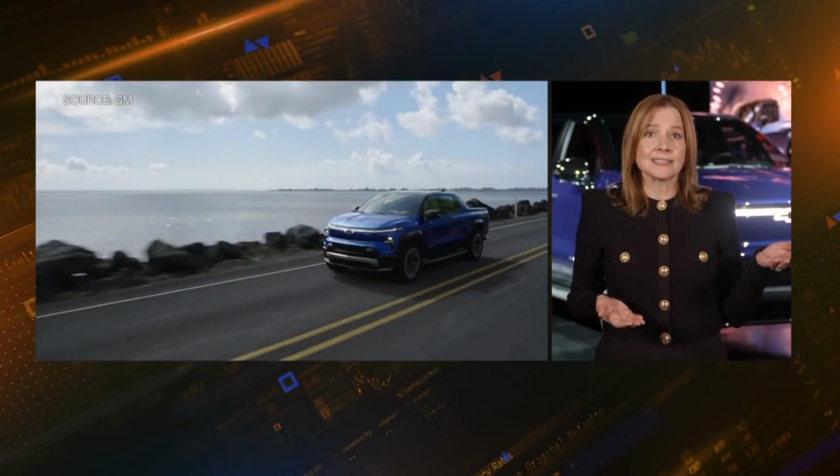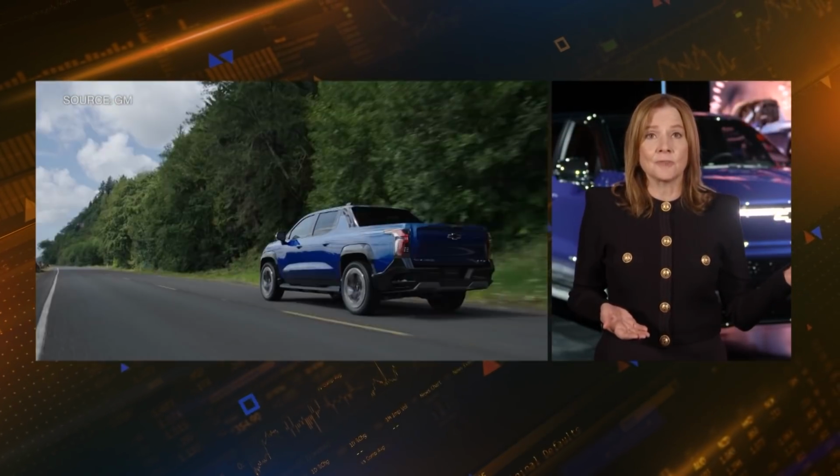Well, we have that confidence. When you look at the previous generation battery technology we are using on the Bolt EV and EUV to what we're launching with Ultium, first with the Hummer, then with the Lyriq, then with the Silverado, the Equinox, and the Blazer, that's coming on our new generation of Ultium technology that is already 40% less expensive than what we have with the Bolt. And we